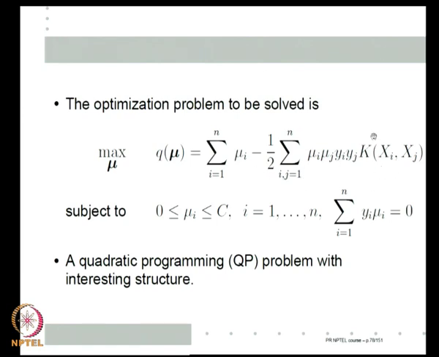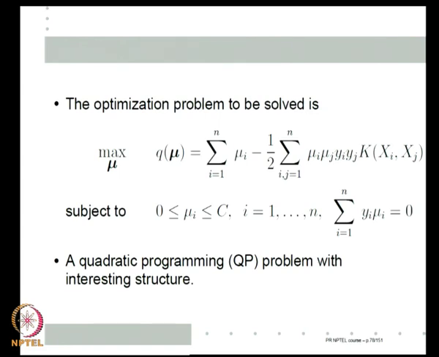Okay. So, this is essentially a quadratic form. This is a quadratic cost function subject to one linear inequality constraint and bound constraints on variables. It is a quadratic programming problem with very interesting structure, and hence there are many specialized algorithms. We will not consider any algorithm in detail, I will just mention where the specialized algorithms come from, but